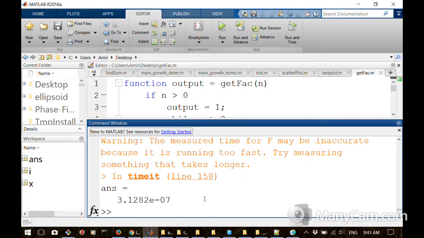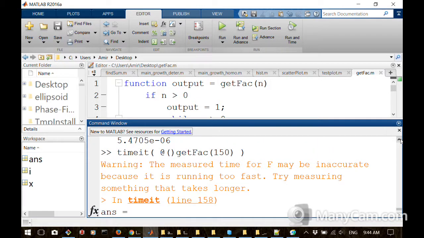It's actually less. That's actually a very good point. Why does this happen? I calculated the time of get factorial 100, and it was bigger than get factorial 150. Why is it so? Well, since it's inaccurate. The reason is that